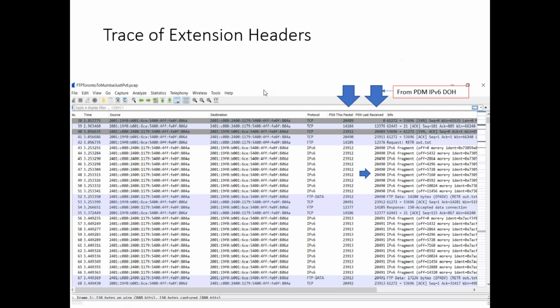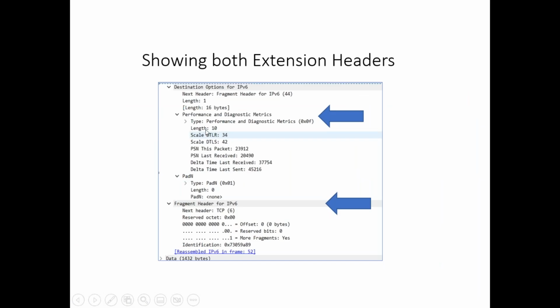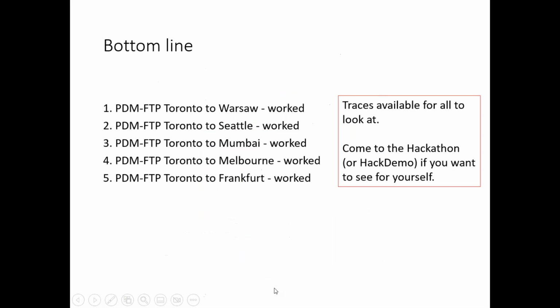It happens to be a jumbo interface at the source. So both of these extension headers are coming through. And here they are. Here's our nice little performance and diagnostic metrics header, and here is the Fragment header. Bottom line,